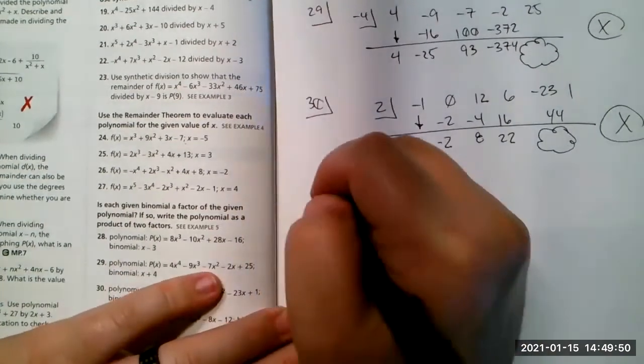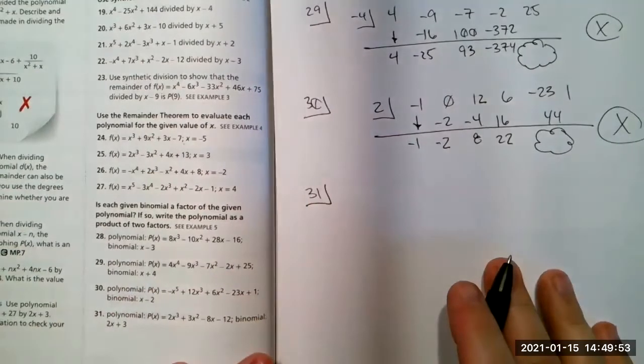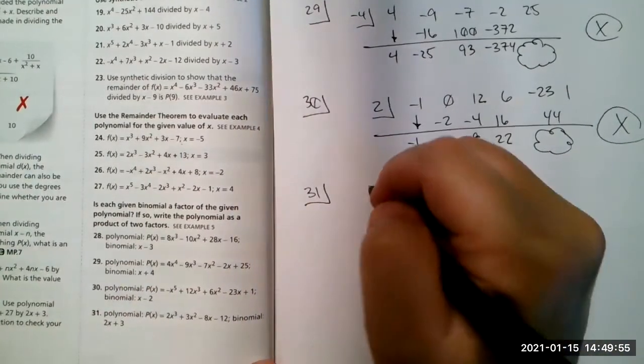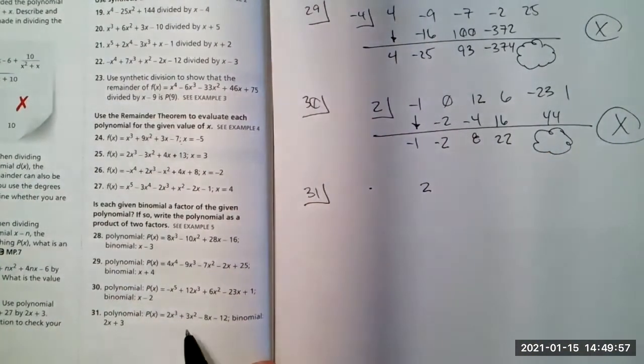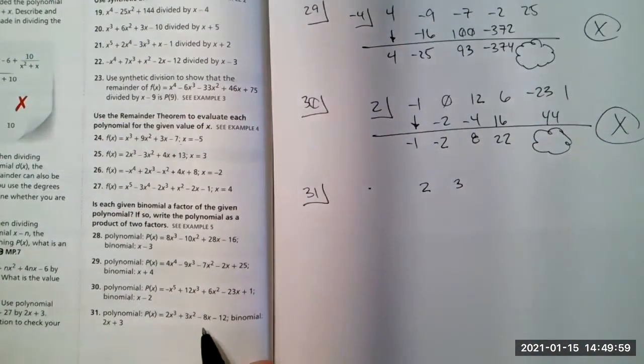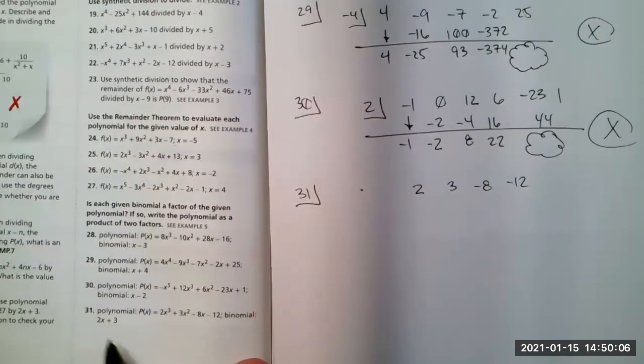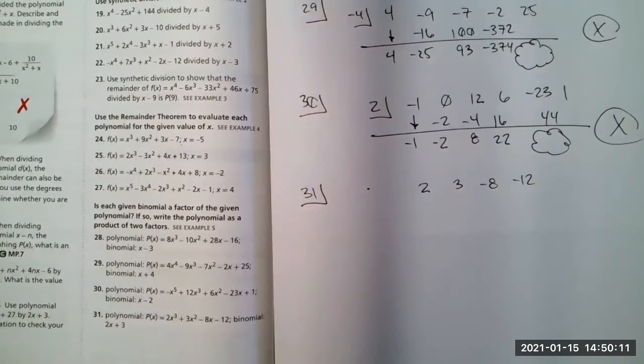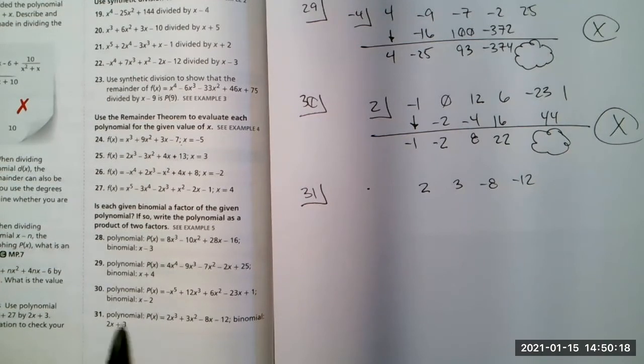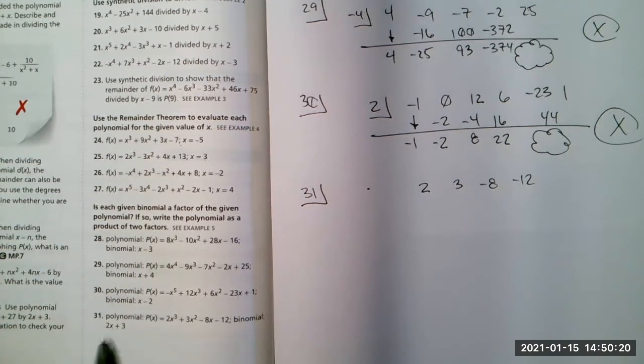Hopefully 31 is. Let's see an example where it is. So 31, 2x cubed, 3x squared, minus 8x, minus 12, and then 2x plus 3. Ooh, I think I'm actually going to switch this up. I don't know if I want to introduce you to synthetic division where your leading coefficient is not 1. It's not super difficult, but I don't want to throw one more thing at you. So I am not going to do synthetic division with 31. I think I'm going to go ahead and evaluate it,